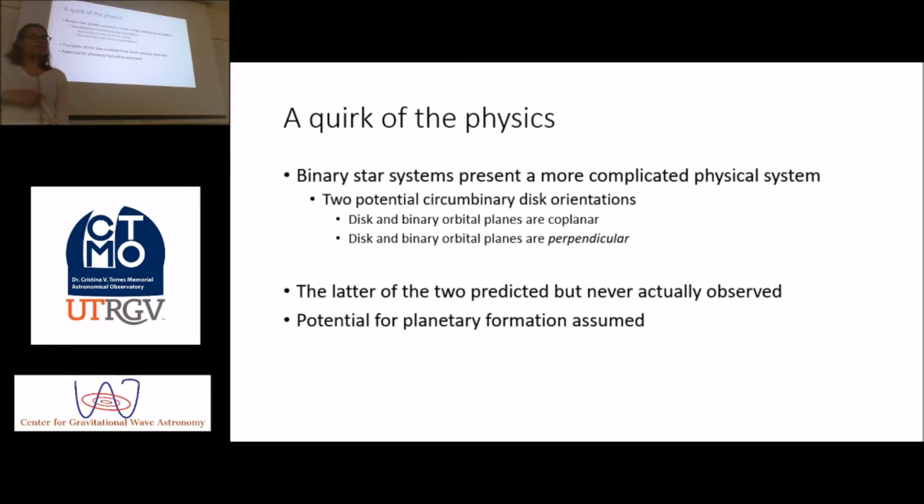One thing is, if the two stars were formed at the same time out of the same molecular cloud, then probably they're going to be coplanar. But if you have two stars that form not far from each other and eventually get captured and form a binary system, then the chances that their two protoplanetary disks are co-aligned are low. It could be anything. In fact, there is an image further down in the presentation where there is a binary system with circumbinary disks that aren't aligned.